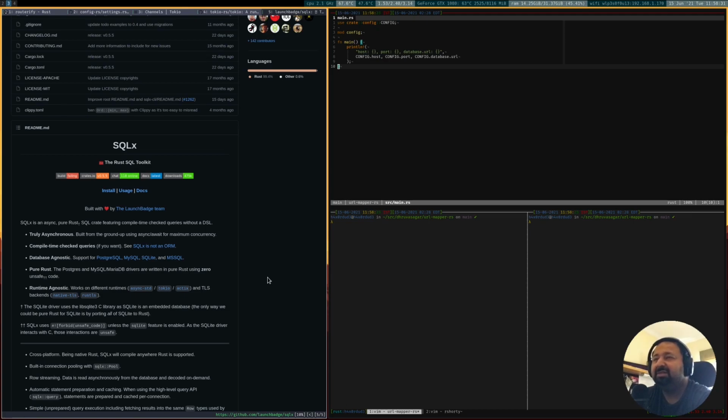Now that's something that I have used less, mostly because it just adds a lot of time and a bit of nuance and complexity to your compilation process, because it requires your database to be up and running during compilation, which is something I find a little awkward.